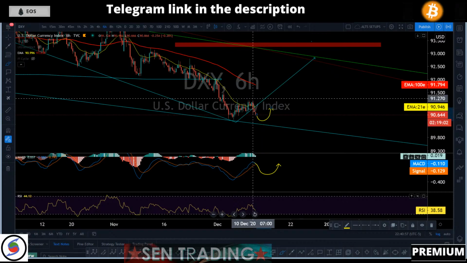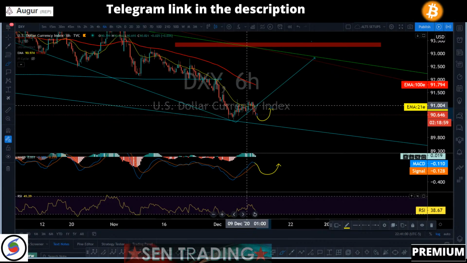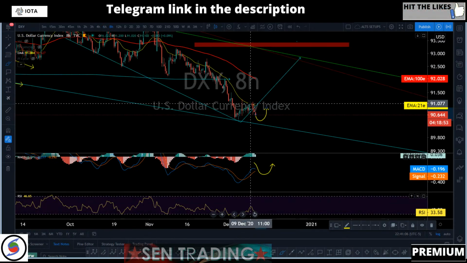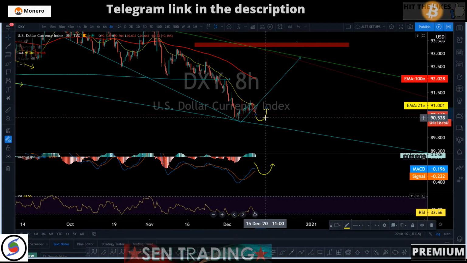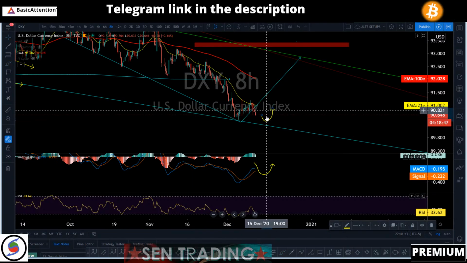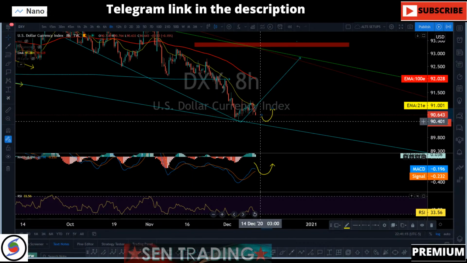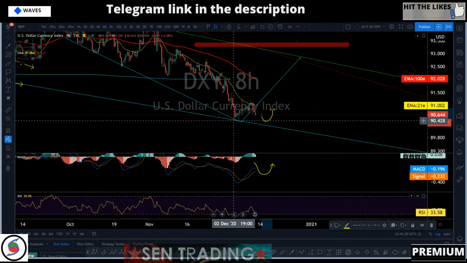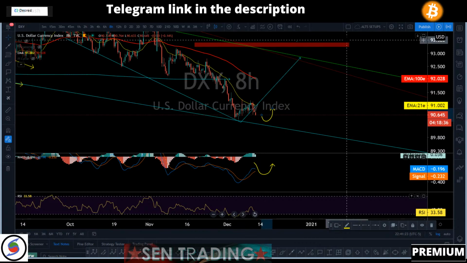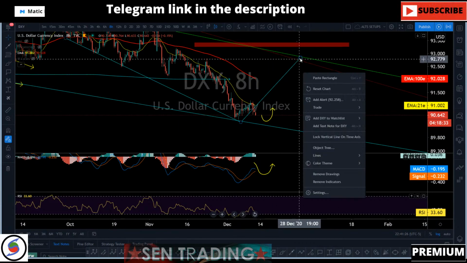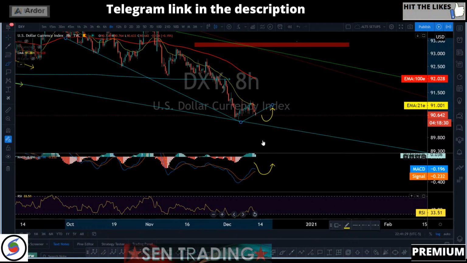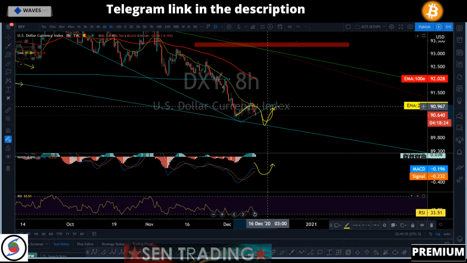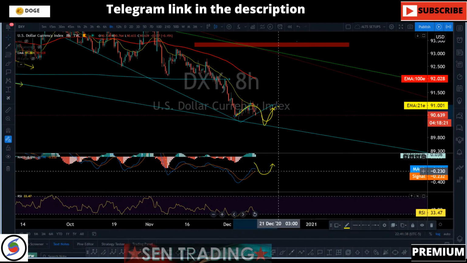As long as we're pushing below the 200 EMA on the 6 hour, or even on the 8 hour too, you can see the 8 hour is also not looking healthy. We could still potentially see lower numbers. But let's just do this first with a possible anticipation of a 3-way move like this. Potentially, and we're going to see if we're going to be able to break out right after that.